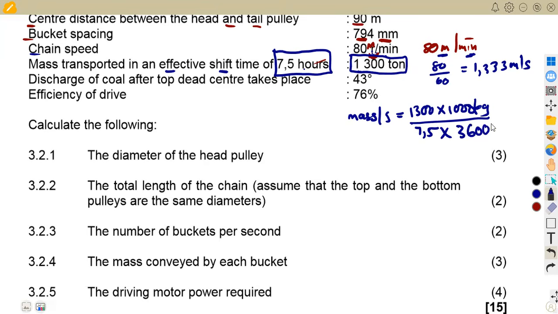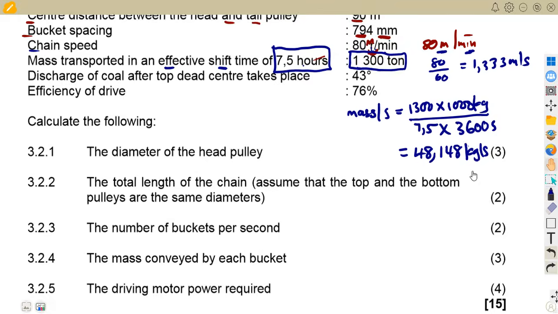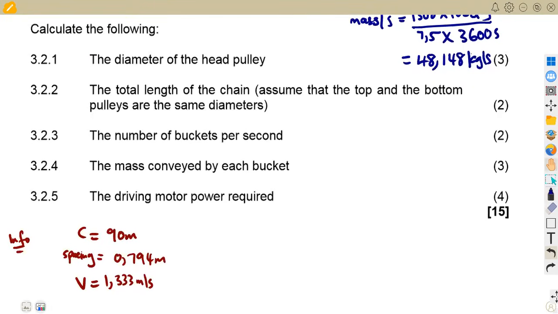1 hour is 3,600 seconds. So meaning to say this is what you're going to have at the end, which is 48,148. So that's 48,148 in kg per second. So we are obtaining the mass per second in this case. This is simply our load mass per second, which is given as